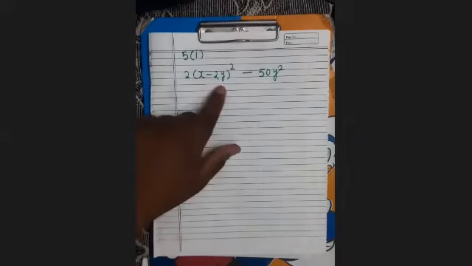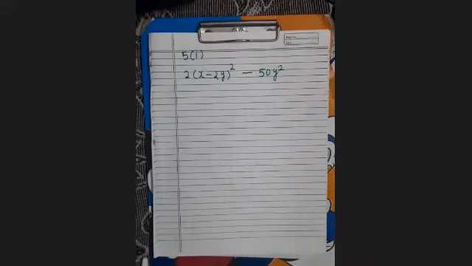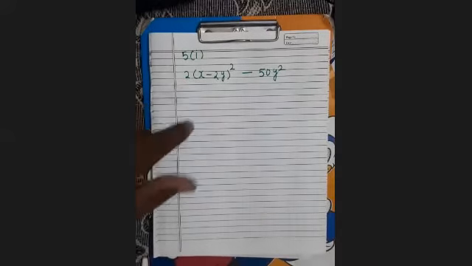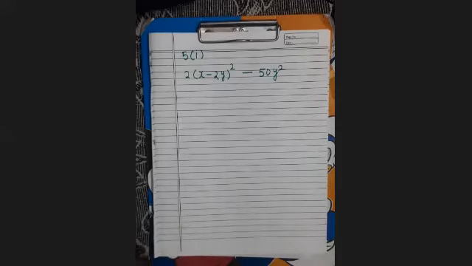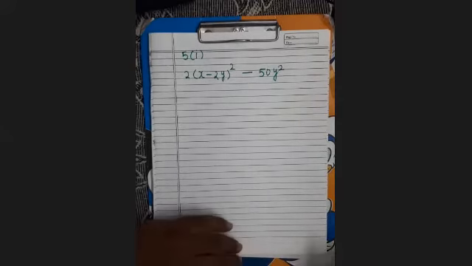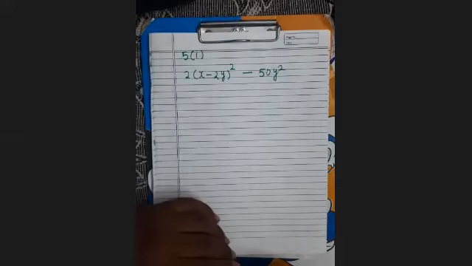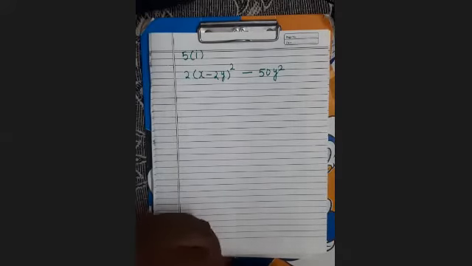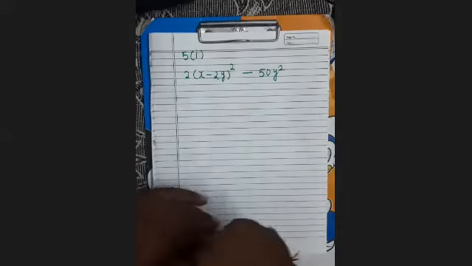Here this will not be expanded. इसको expand नहीं करेंगे because this is already in whole square. Therefore, there is no need. So, what is common between these two? Y is not common, because y is inside the whole square. Only 2 is common. Y तो इसके अंदर बंद है, तो वो तो कॉमन हो ही नहीं पाएगा.